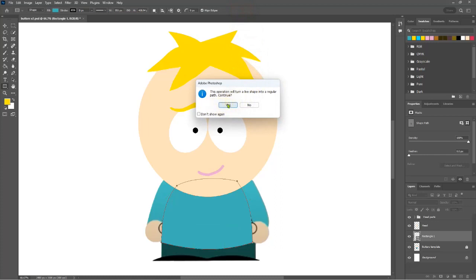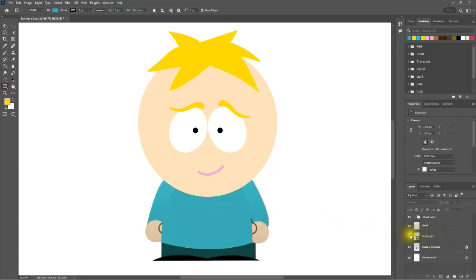And I click yes if that comes up. If that comes up, because we always want to do this, we can always click don't show again and then yes, so we know. Okay, now we can do exactly the same for the arms. Let's deselect this, remember, so that we don't go changing this one. You can also hold down Control and click on that layer and it deselects, just so you know. But now let's draw another, same color,